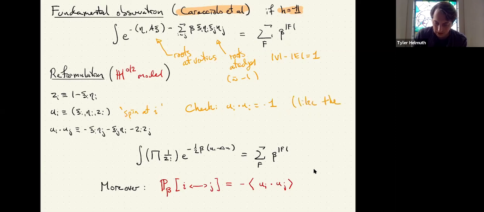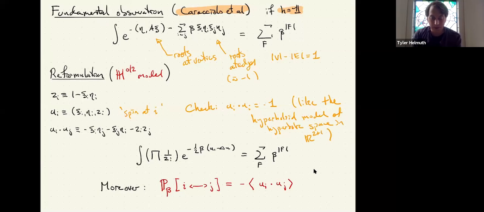So this is exactly what you get if you look at the hyperboloid model of hyperbolic space in Minkowski space. What's happening here is it's just imitating the algebraic formulation of how to study hyperbolic space or the hyperbolic plane. And if you do that, what you learn is that you can rewrite this quantity here in the following way. You instead have